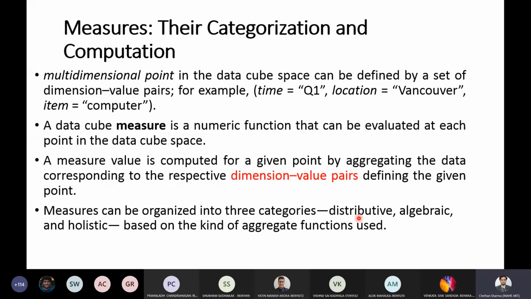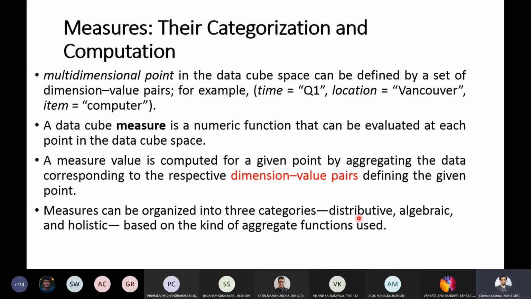So a measure is algebraic if it can be obtained by applying an algebraic aggregate function. The next and final thing is holistic. An aggregate function is holistic if there is no constant bound.